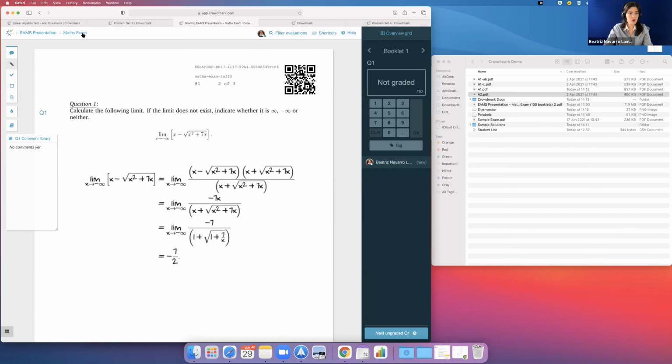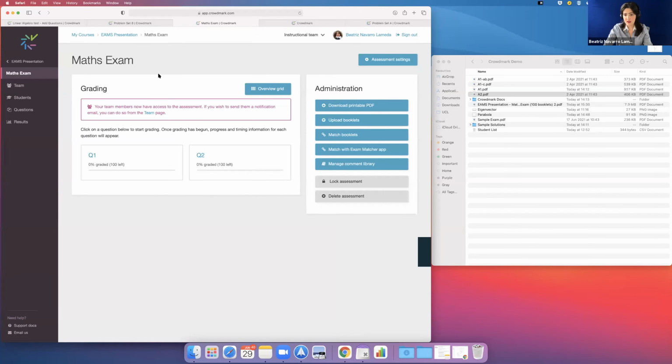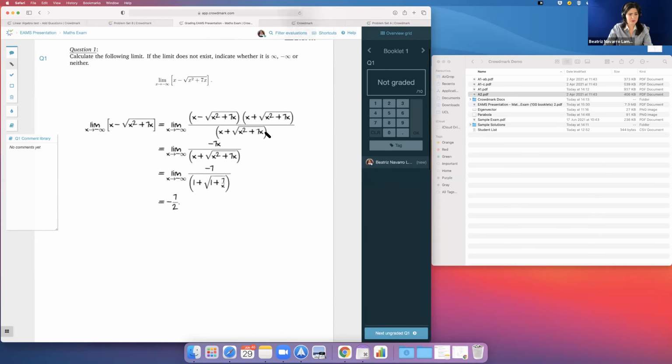If you want, you just go to this one that is called Maths Exam, and feel free to start writing things. Something that I wanted to show you that is very nice is that, as I said, we have LaTeX. So here they made a mistake. And here we can say the square root of x squared is the absolute value of x, for example. And now it shows nicely.